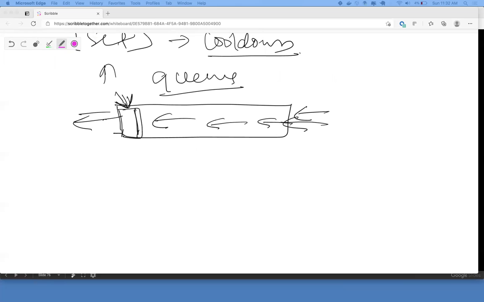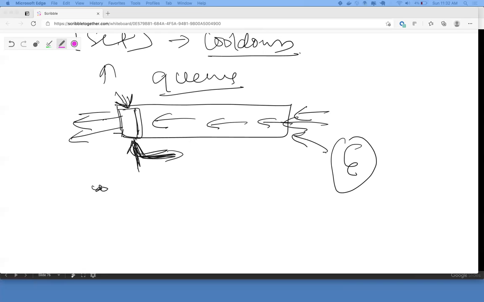Now let's say you get a new task E. Compare it with the first one, and since you're comparing it, you know when it occurred, and you remove it if it is already cooled down, and you append E here. Does that make sense? And to check if the element is there in the queue, you use a set.